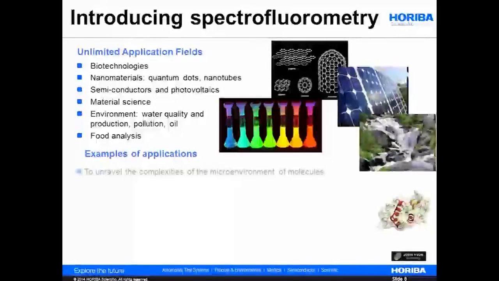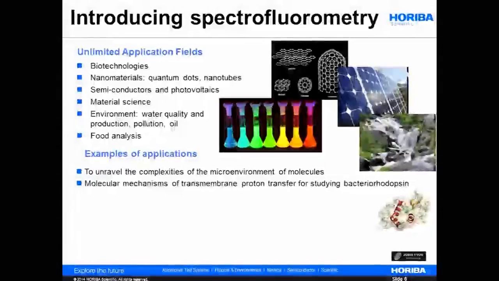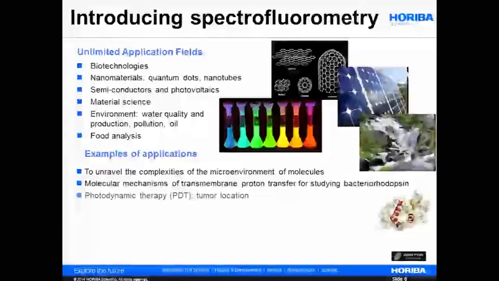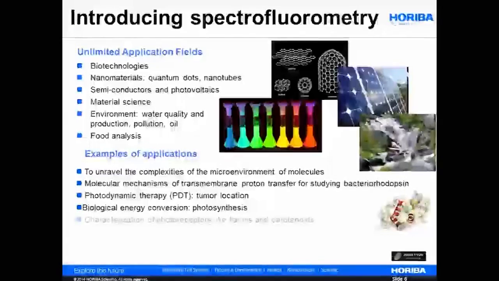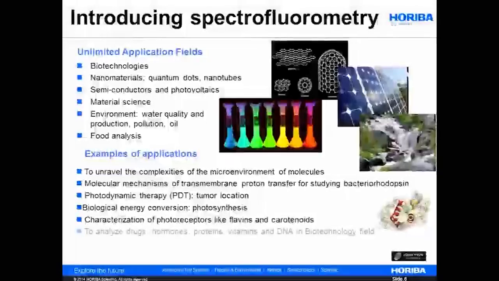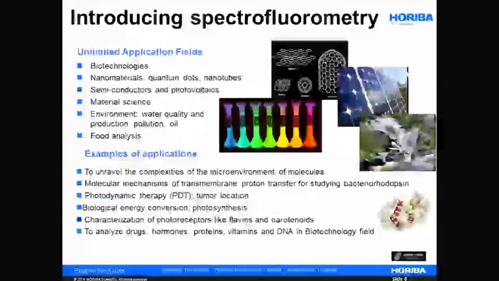For instance, to unravel the complexities of the microenvironment of molecules, to study molecular mechanisms of transmembrane proton transfer, to use fluorescence for photodynamic therapy studies to locate some tumors, but also the study of biological processes like photosynthesis, the characterization of photoreceptors like flavins and carotenoids, drugs analysis, hormones, proteins, DNA in the biotechnology field,